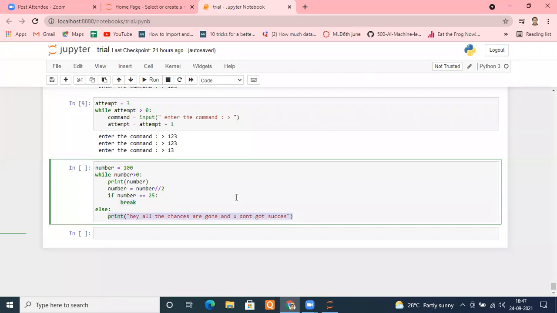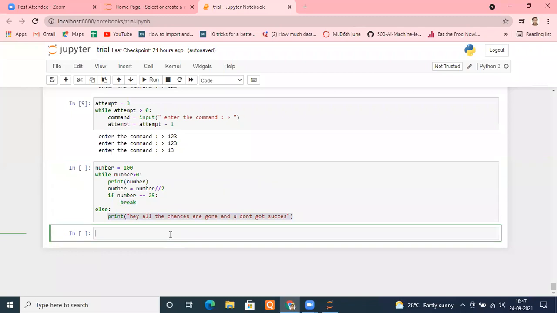Okay, let's play a game. Suppose we want to design a game like we did in the for loop as well. We want to give a user 3 chances of guessing a password, this time using a while loop, not the for loop. If he succeeds in any of the 3 attempts, I don't have to ask him for the password again. If he gets the password correctly within 3 attempts, I will get out of the loop immediately.